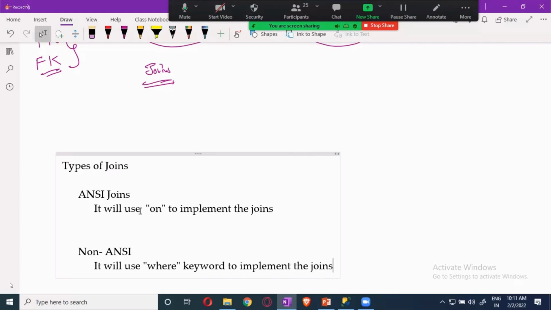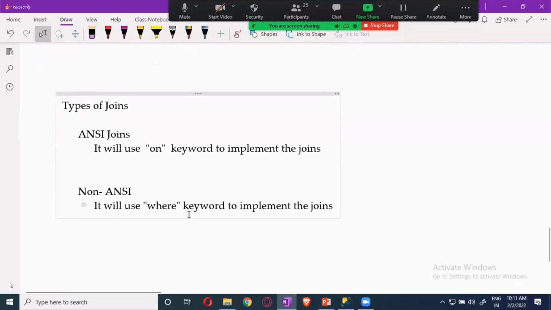So one is ANSI joins, which uses the ON keyword to implement joins, and this one uses the WHERE keyword. Non-ANSI joins are an old format, guys. This is the old version of joins, old format joins.